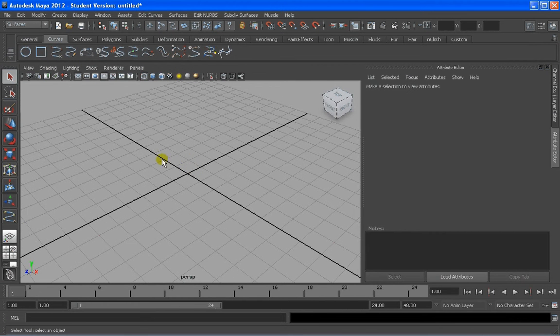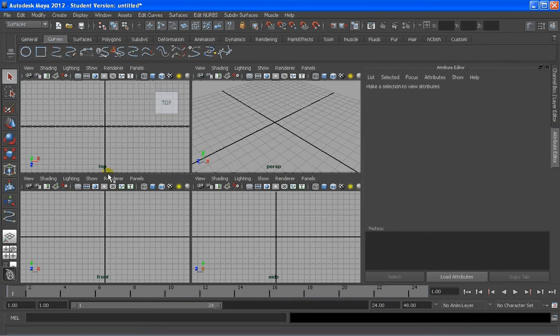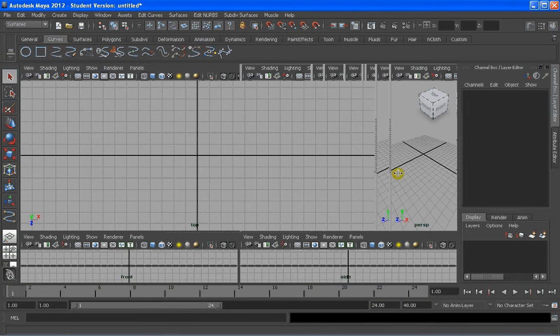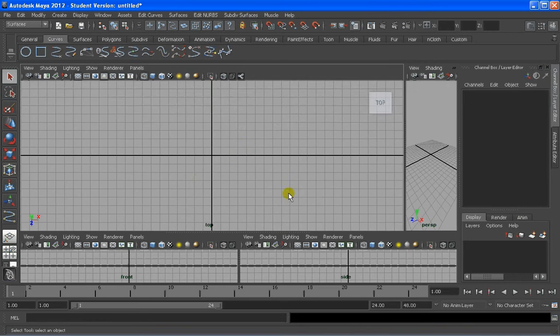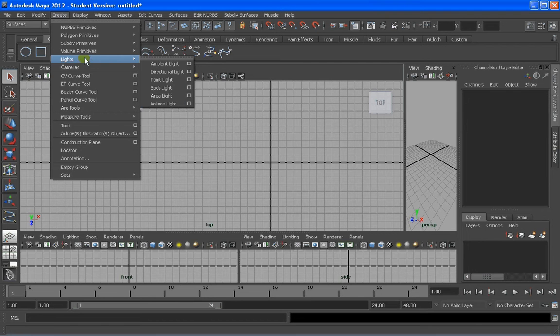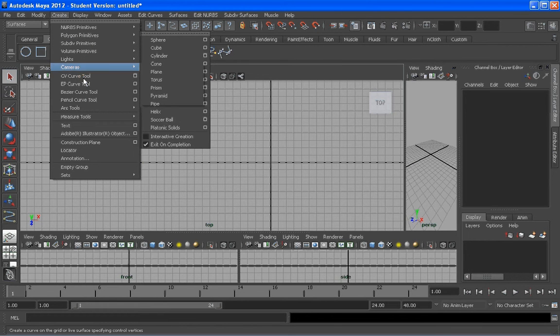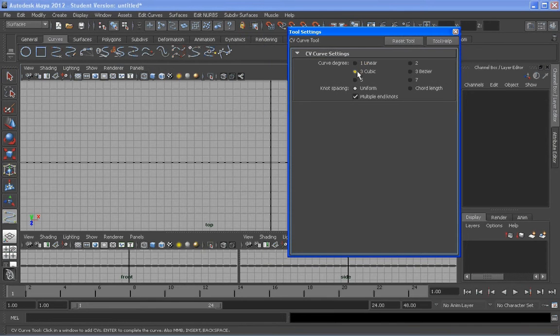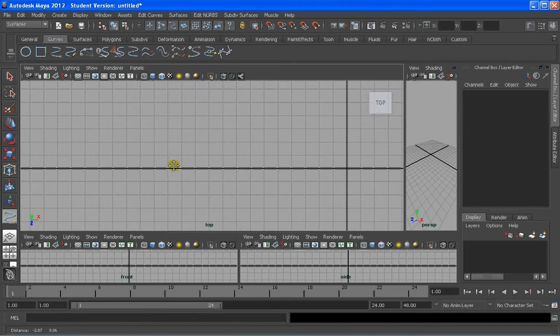I'm gonna go to the top view. Just remember, my computer's not quite cool about this, so I'm gonna go to the main view. I'll just span in the top, and I'm gonna do a section here with the curves. I'm gonna mix a couple types of lines so you know that it's perfectly possible. CV curve tool options, and I'm gonna go to curve, which is a degree 3, as you remember, and I'm gonna start snapping to the grid here, pressing X, as you know, snap to the grid, and then not snap without pressing X, and whatever curve that you may think of,